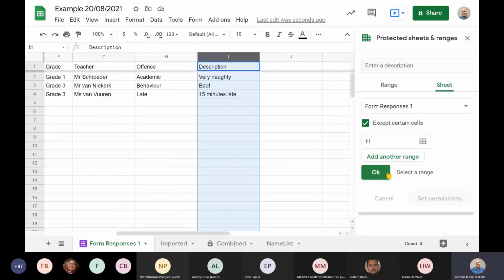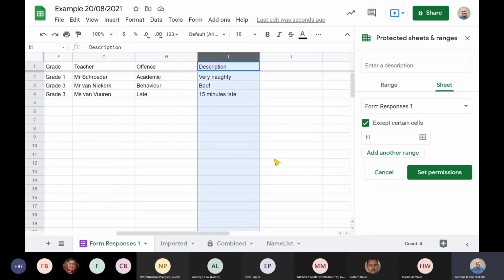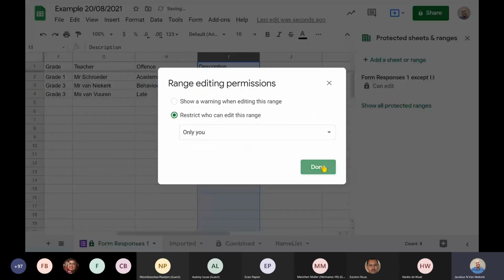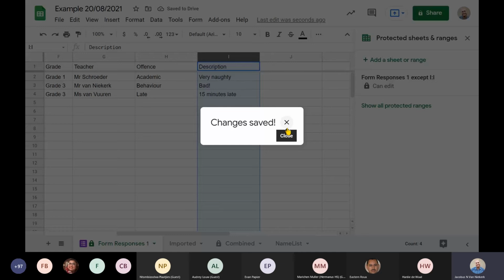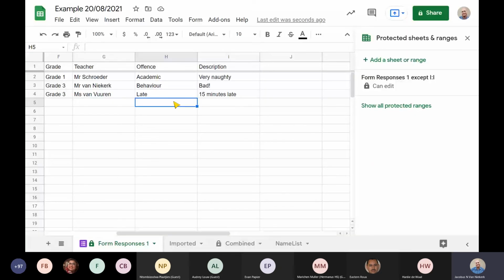But you can go into incredibly minute detail if you want to. Just an example that I've seen people use, but for me, it feels like a lot of work. But if you've got a staff list and you've got all 20 staff members on that list, but you want to make it editable, but you also know there's a couple of people who like to clown about too much on the staff and they're going to go edit everyone else's things, you can literally go and define that that row is editable only by that teacher. That row is editable by that teacher. That row is editable by that teacher.